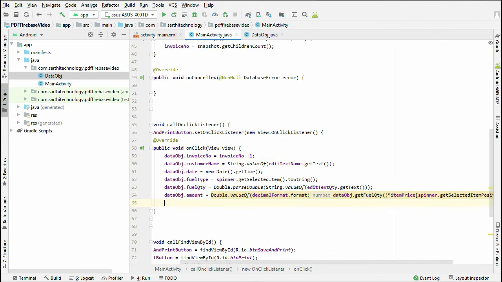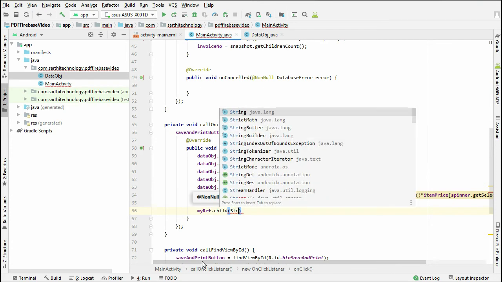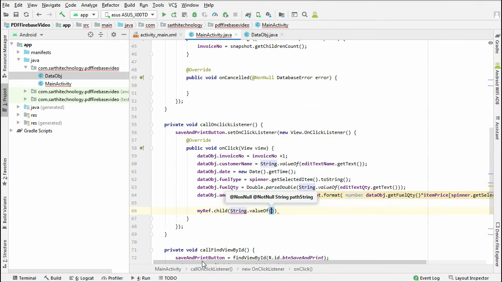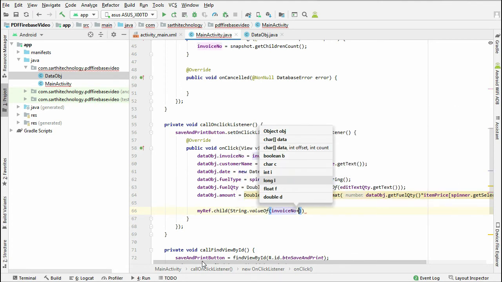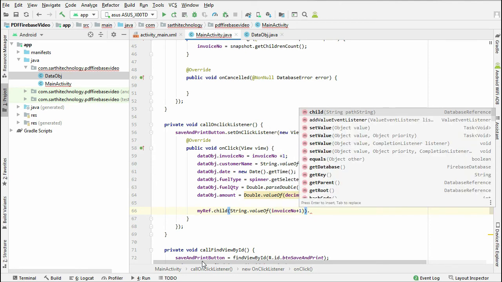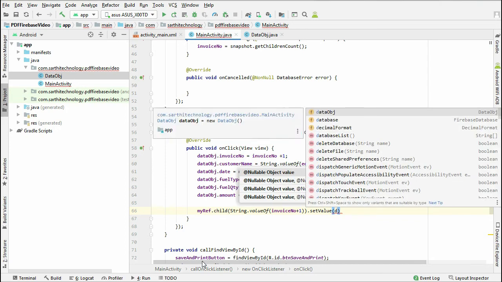Press enter here, and same myref dot child, and child will be string dot value of invoice number plus 1, and dot set value, and here data obj.